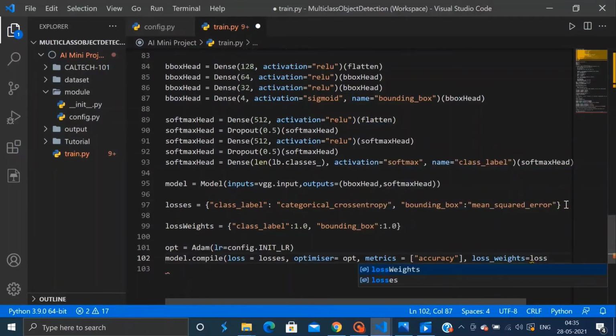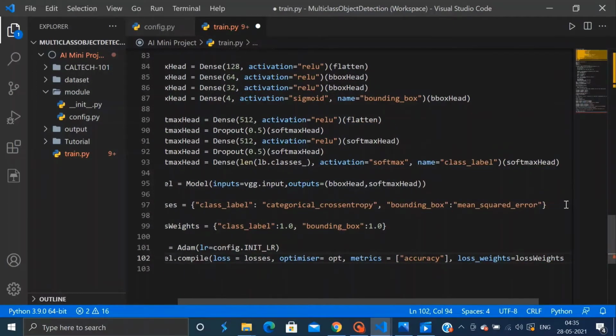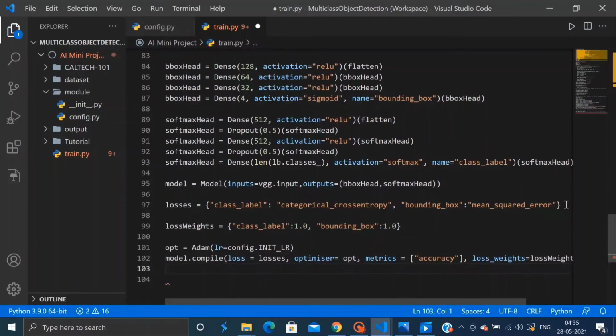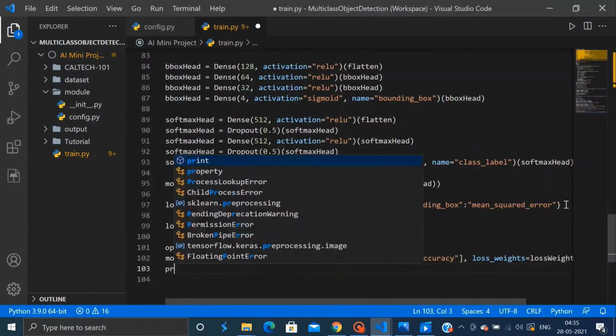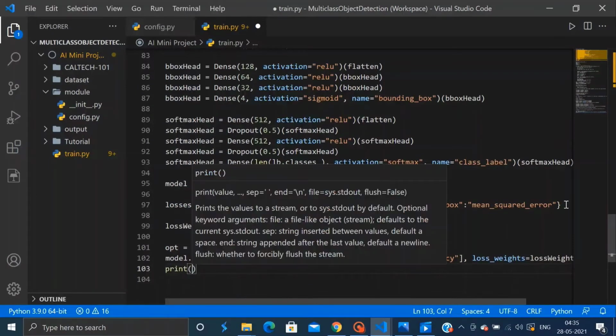So we will review the output of the model summary when we execute this train.py script later in this tutorial.